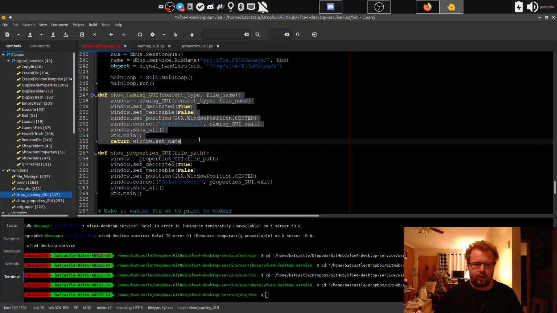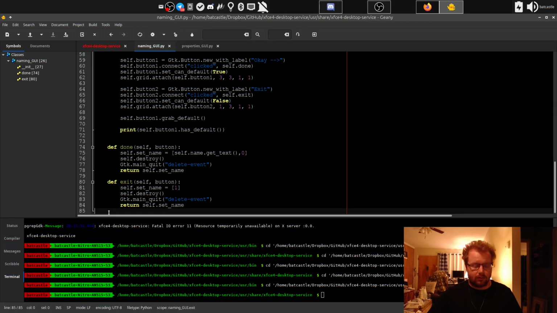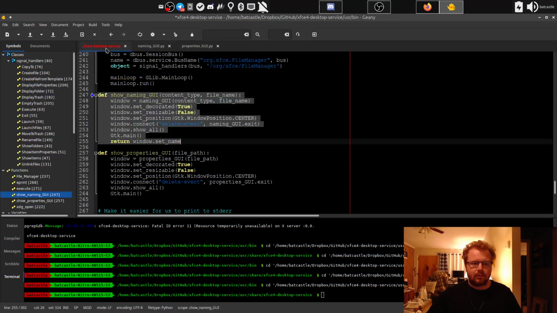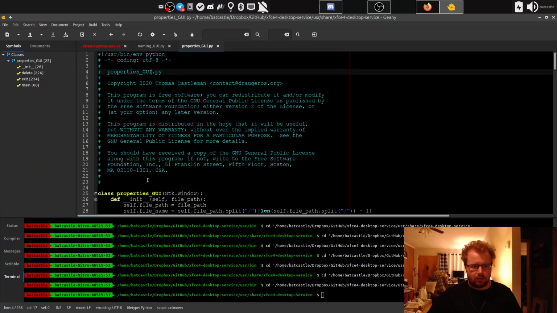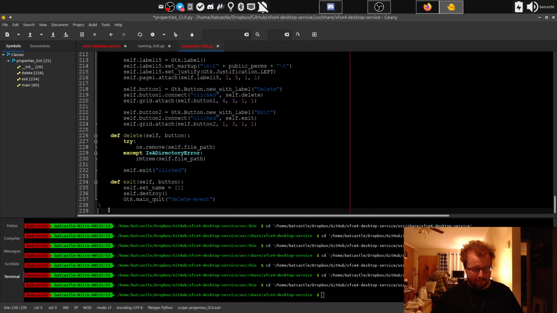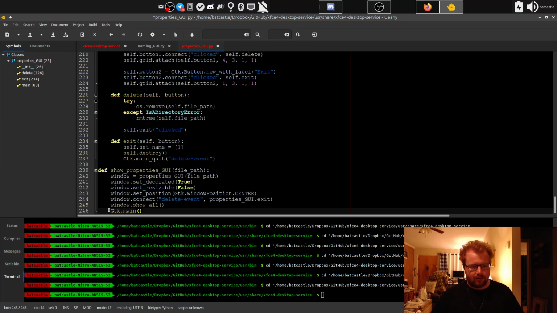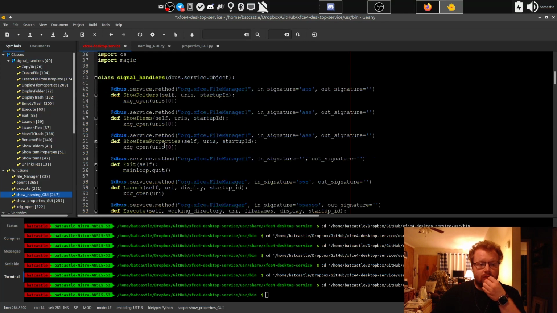So they both take arguments, which means I'm going to need to be able to pass arguments to both of these files. But I also need these functions in this file. I just need to redo them. So what I'm going to do is just copy them. So that's the naming GUI one. And this is the properties one. There we go. All right. So then,